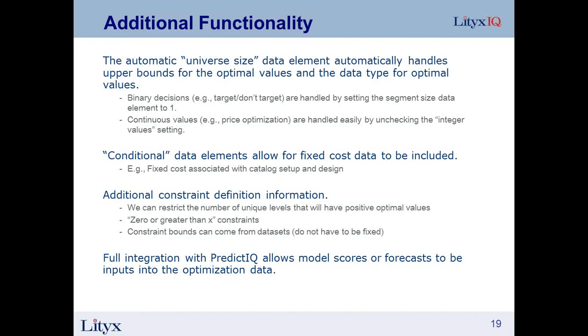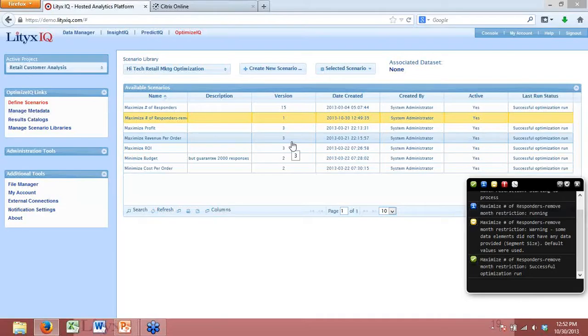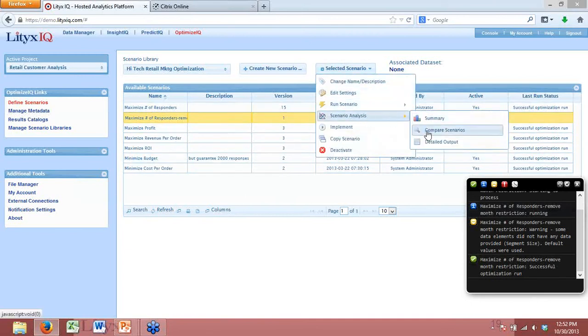the different dimensions. And I also have already mentioned that there's a full integration with LityxIQ so that part of the input into the optimization process can be scores and forecasts coming from our predictive modeling solution and driving directly into our optimization solution. So in the meantime, our new scenario has finished, and a quick comparison here